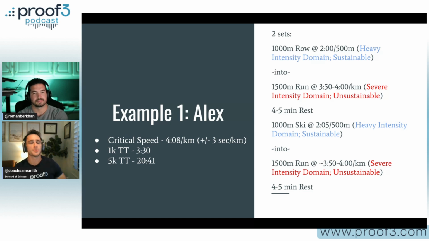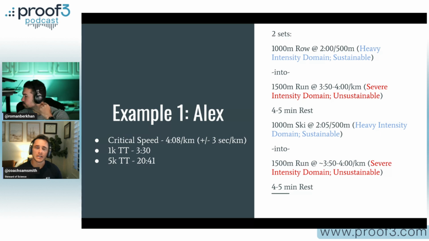And this is around the pace. It's a little bit faster than the pace he tries to run in Hyrox, which is why a 10K is a great metric for Hyrox, because, one, it's in the heavy intensity domain. So the pace for the 10K is a sustainable metabolic rate, which is important. It's also going to be close to what you should be running in Hyrox. It's probably a little faster, but you should be close to it, which is why I think that's the best